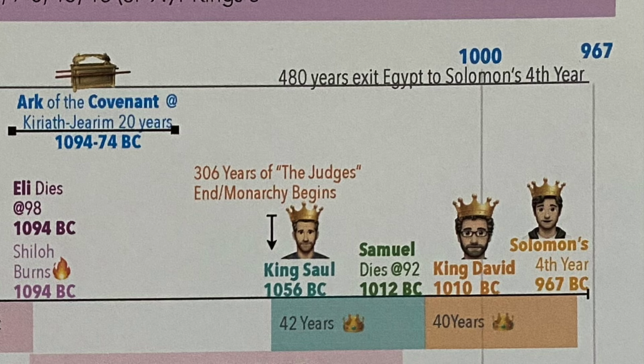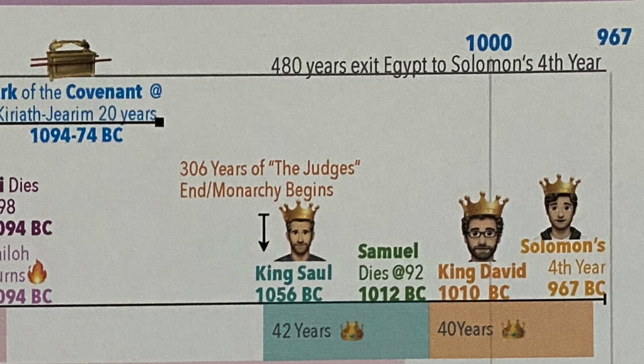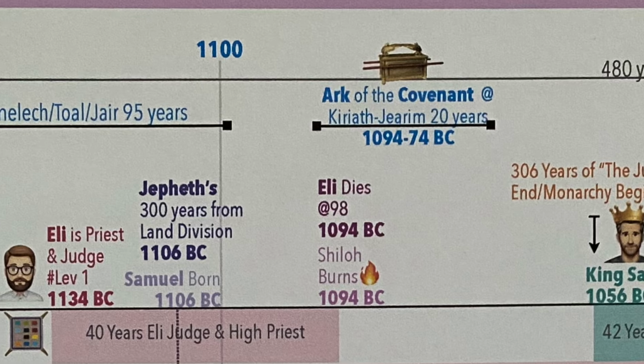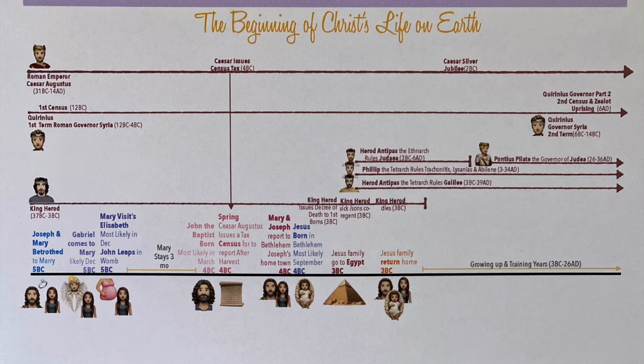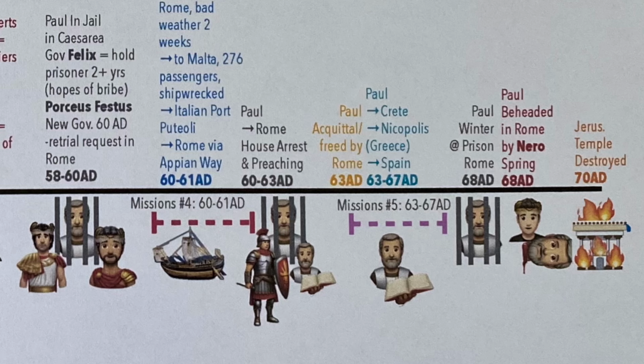The other thing is, on all the timelines, the dates are estimates. Yes, I did my due diligence to do it as efficiently and perfectly as possible with the information we have in our time, but that doesn't mean it's 100% accurate. But what is 100% accurate is we can count on the fact that God's information is right, okay? So I took God's information as primary and worked the math backwards until we get to where the beginning is, okay? And then we work the math forwards until we get to where Jesus' time is and the early church. So it is not going to be perfect.